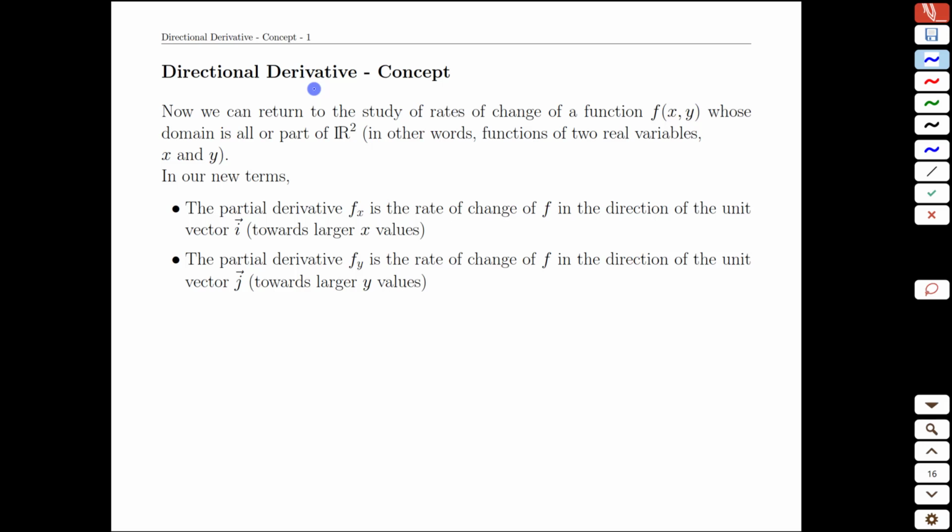In this video, we return back to our calculus ideas and looking at the derivative, but specifically looking at a new kind of derivative or a new generalization of our earlier derivatives. Recalling what we've seen before, we have already defined the partial derivative with respect to x and the partial derivative with respect to y. And going back to three-dimensional surfaces,